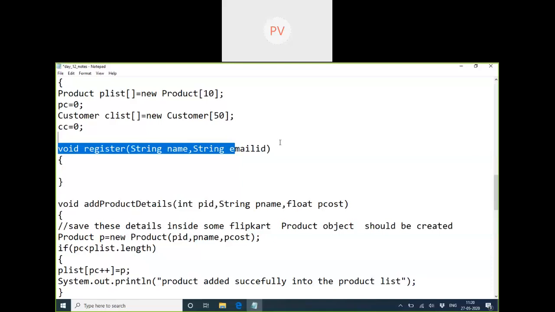We have to store it, and when he logs in again, we have to compare it. Store these details where? Name and email ID, which type of information? String. But are they together or separate? Are they now just two elements? Yeah, they're not together, they're two different variables. So when a customer registers, will these details be separated or will they be saved together as one unit?